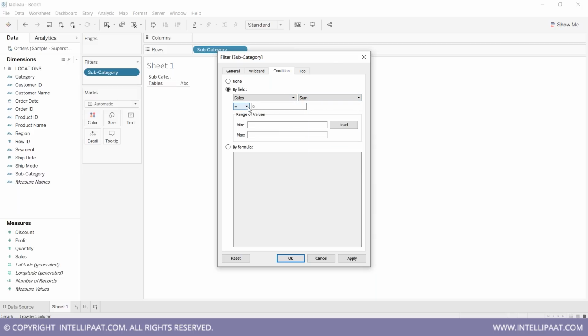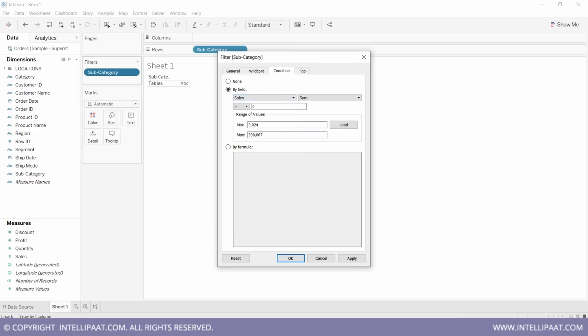And for your sales, you can just use this load option over here to load in the minimum and maximum values of my sum of sales, right? With the help of these minimum and maximum values, you will have an idea, as in please filter out or please display only those sales which are